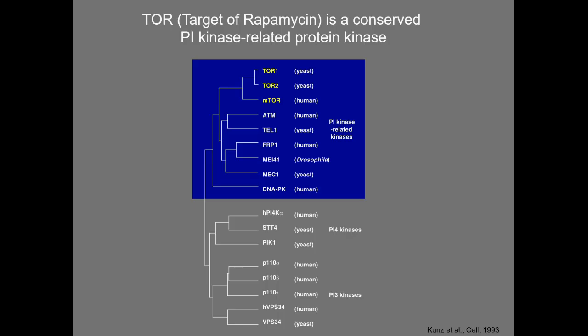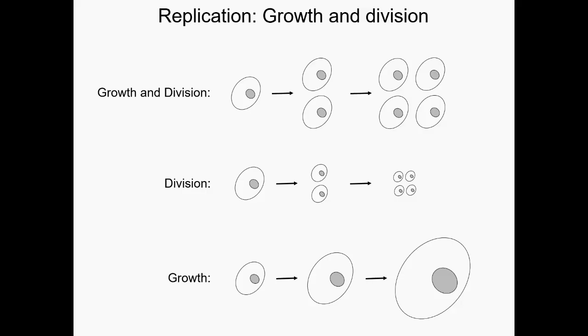We did not know what the function of these TOR proteins was, other than being the target of rapamycin. They, of course, did not evolve to be the target of rapamycin. They had some other function in the cell. And a great deal of work from our lab showed that the role of TOR is to control cell growth. And now I have to digress a little bit to explain what I mean by cell growth, because this is one of the major steps in this research.